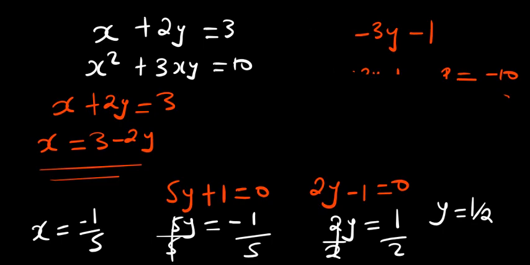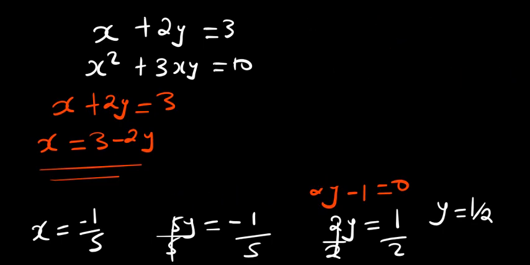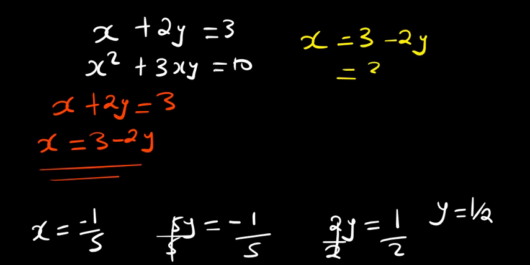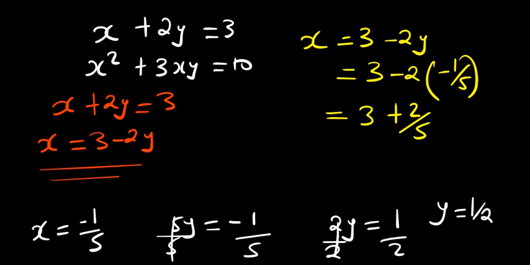That's where now we go back to what x is and just replace. Okay, so to find the values of x, just get your expression. So x is equal to 3 minus 2y. So one value of y is negative 1 over 5. Okay, so that would be 3 minus, actually plus 2 over 5. Then you can simplify that one further. Then you can also solve the other one, which is